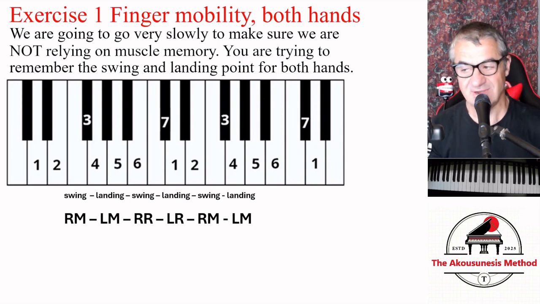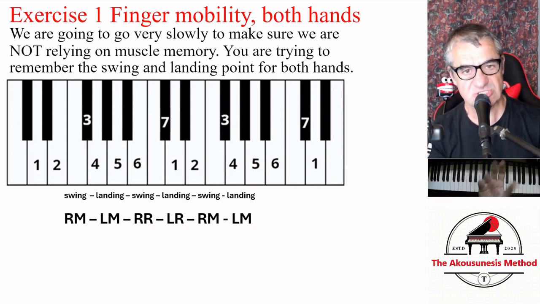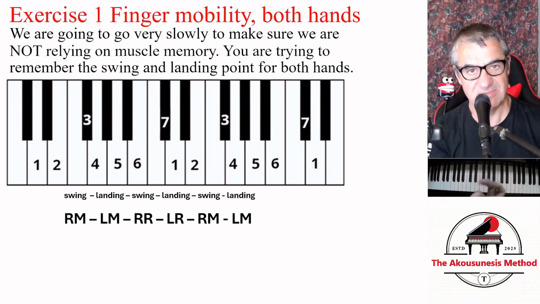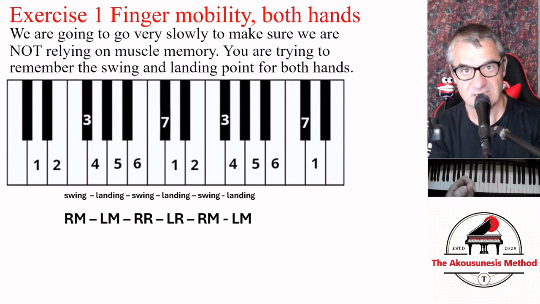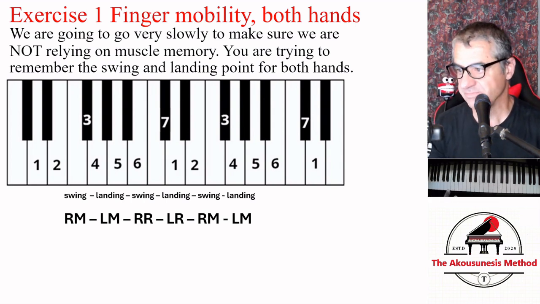Now that right, left is important because that's where we're going to be switching our focus when we go from our right hand to the left hand. We're going to be concentrating on the right hand first, and it's going to be a middle swing point. Then we're going to be concentrating on the left, and it's going to be a middle landing, right? And then we go back to the right, and it's going to be a right ring, okay? And then it's going to be a left ring, okay? And then it's going to be a right middle and left middle. Okay, so